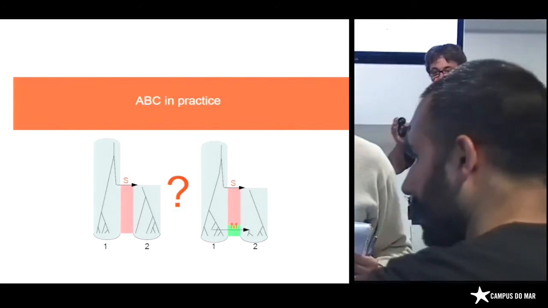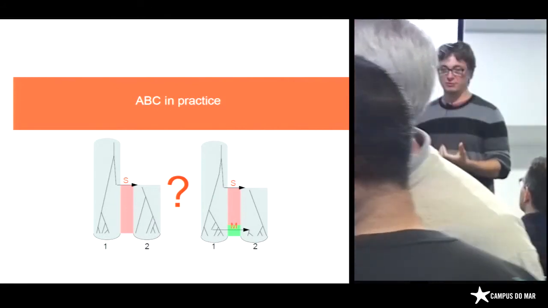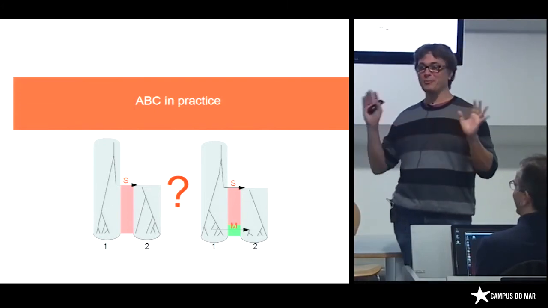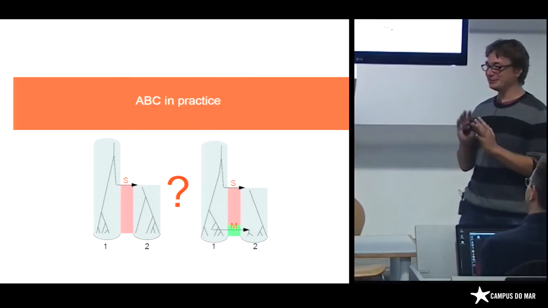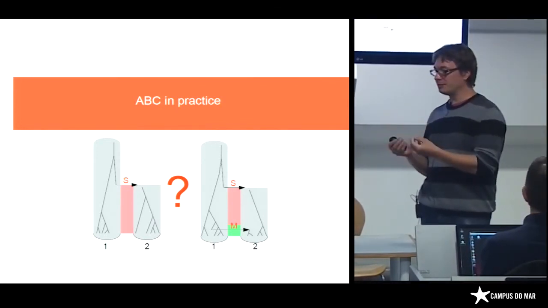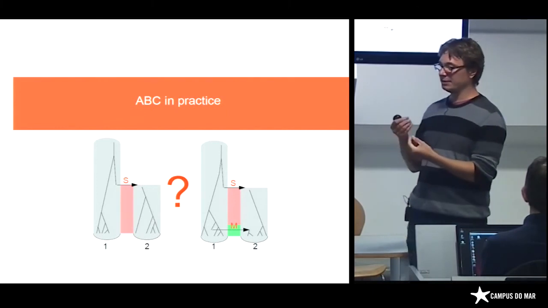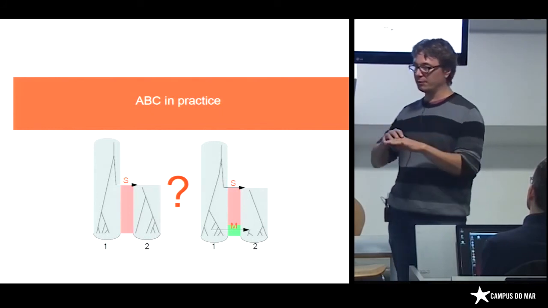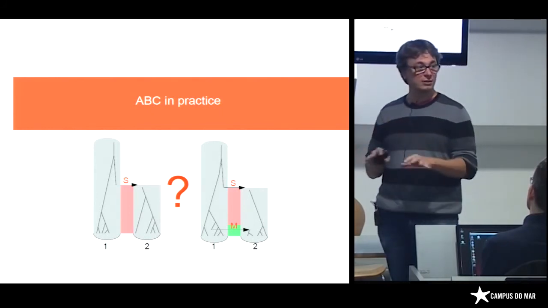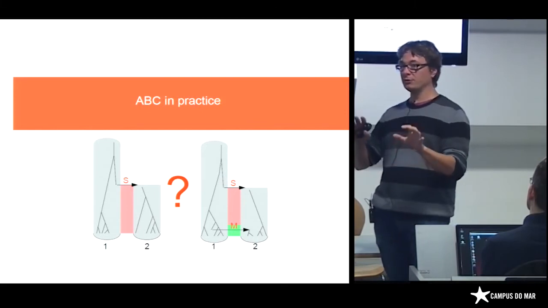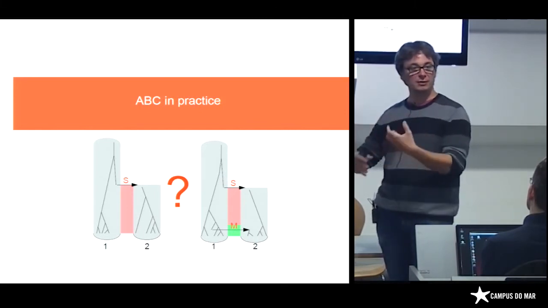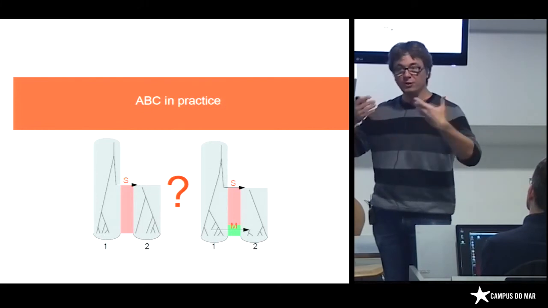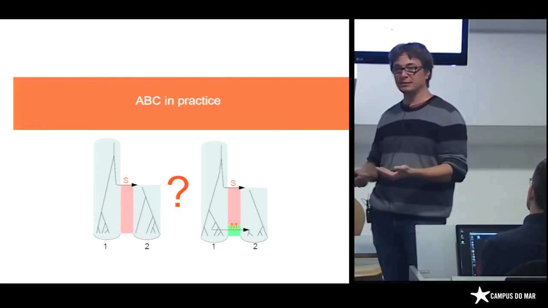So the main objective is to show you that it's not so difficult to do ABC. It's to remove your fear. Okay, so this is the first objective. The second objective is, as ABC is based on simulation, to make you feel comfortable doing simulations, because in population genetics it's always useful to try to simulate a scenario to confront to the data, even if you do not use an ABC statistical framework.